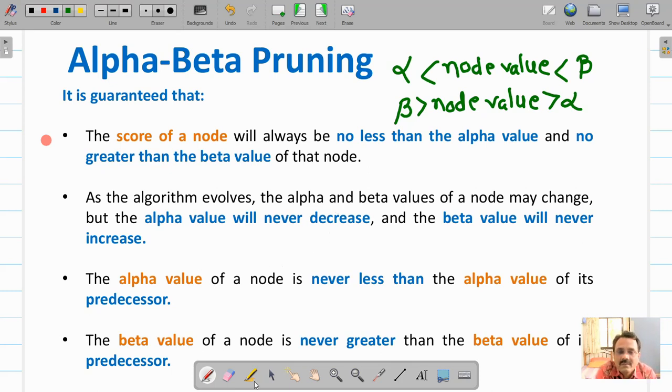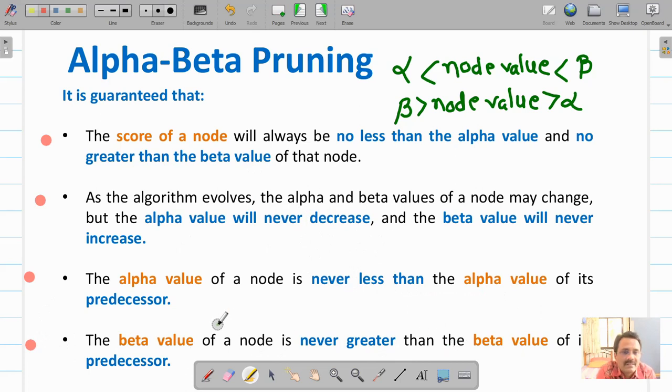As the algorithm evolves, the alpha beta values of the nodes change. So the max node will change the value of alpha and the min node, the minimizer, will change the value of beta. At any time the alpha value of a node is never less than the alpha value at its predecessor. Similarly, the beta value of a node will never be greater than the beta value of its predecessor.